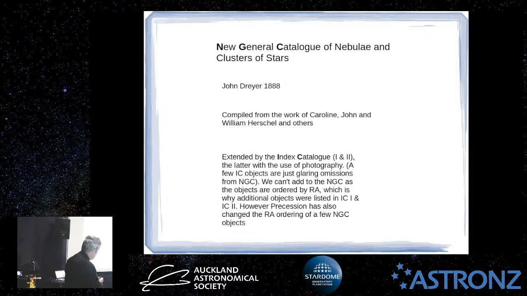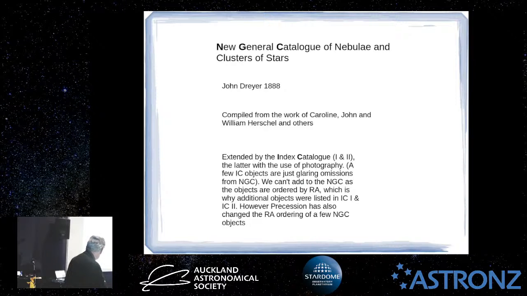One that we see a lot is an all-sky catalogue of deep sky objects. And this is the New General Catalogue of nebulae and clusters of stars, and it was new back in 1888. So this was compiled by a lot of work by Caroline and William Herschel and others. So this was all done visually, but with quite large telescopes in both hemispheres. I think Herschel's largest telescope had an 18-inch mirror, something like that. So pretty large for the time. And then